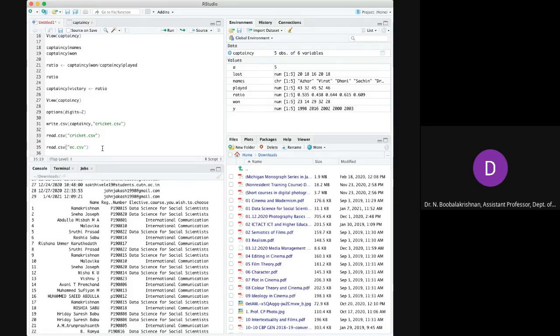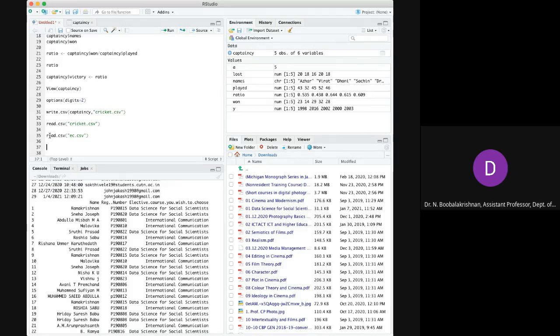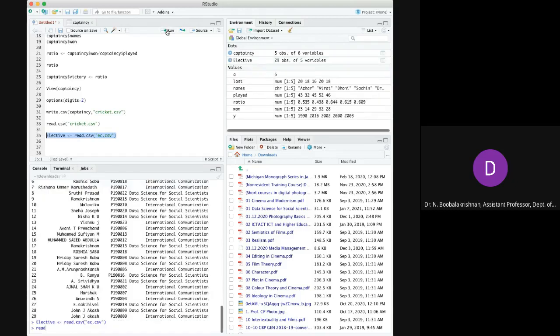Now you see, if you want to see EC dollar, we have to name it as elective. Just read this as the elective course, elective 1.